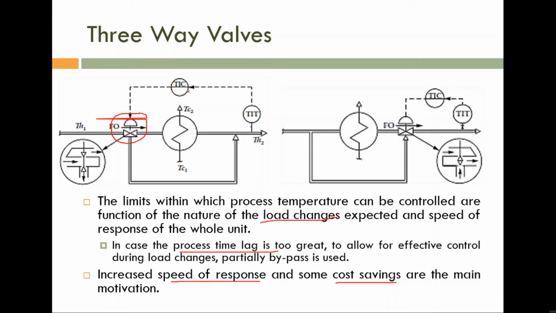Why are the degrees of freedom increased? You can see that already the process medium flow rate is one variable. But here you can see that it is split into two. So this flow rate is one variable, and here we have an additional flow rate. Means the number of flow rates is increased.